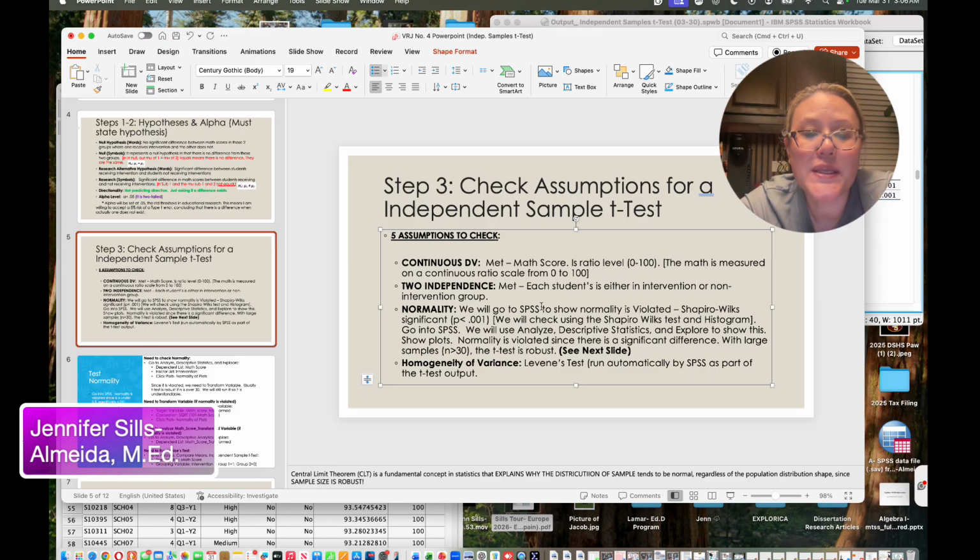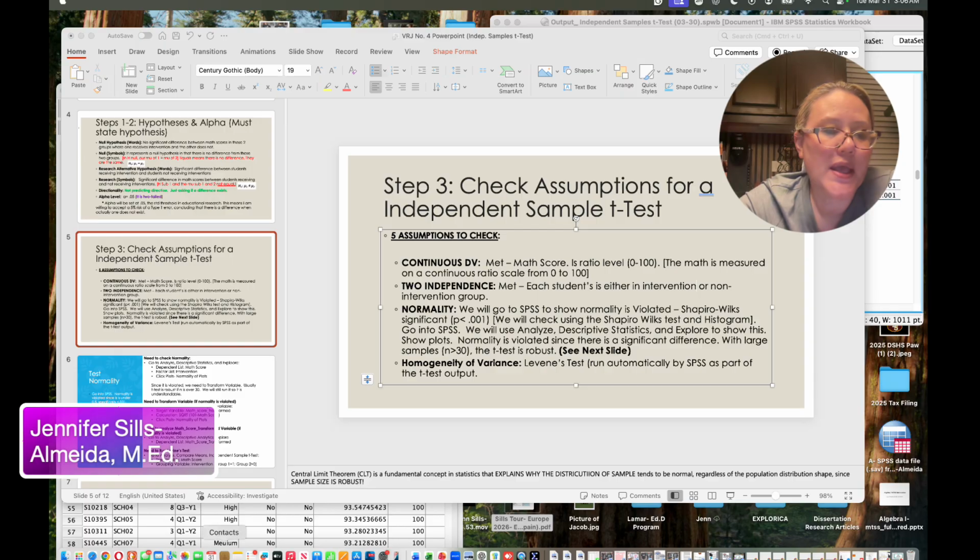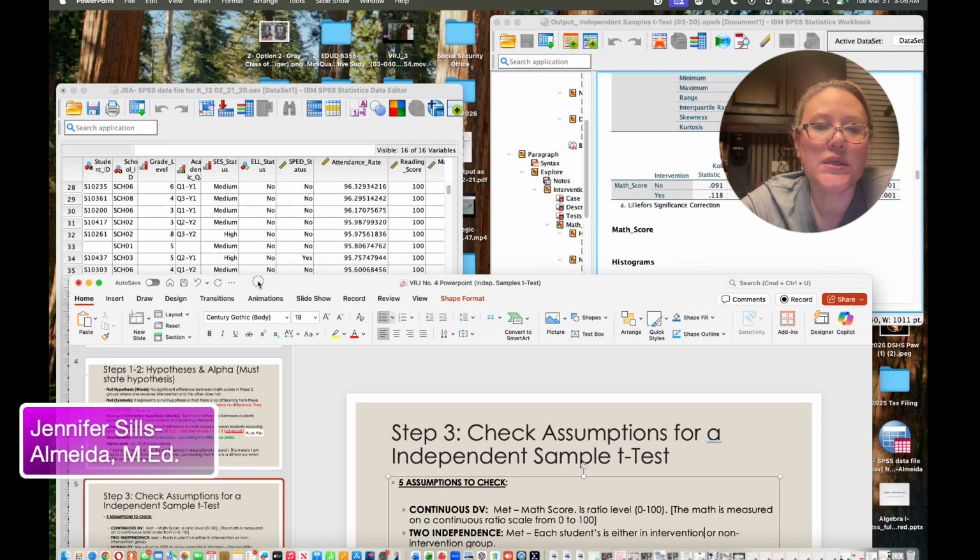Now, normality. We have to check normality. That is one of the assumptions, so that is what I'm going to show you. The first thing that we'll need to do is go ahead and go into, just need to show you real quick,